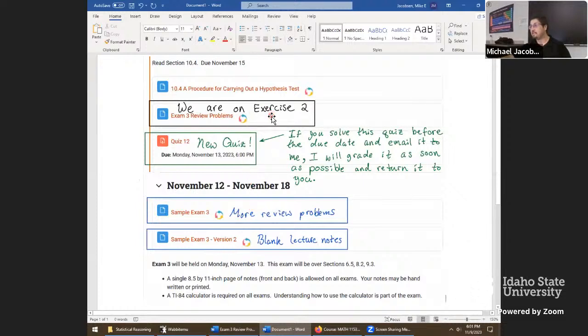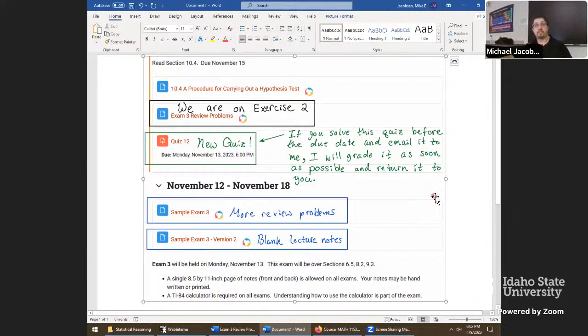We're going to go back to exercise 2 in the review problems. There's still 3 of them to go. If we run out of problems, we'll just go down to this document. There's many more review problems in there that we could take a look at. And if you have a question that you would like to see, maybe you saw a fun problem here, please let me know, maybe right away after we finish the next exercise. I'd be happy to change gears and take a look at a different problem.